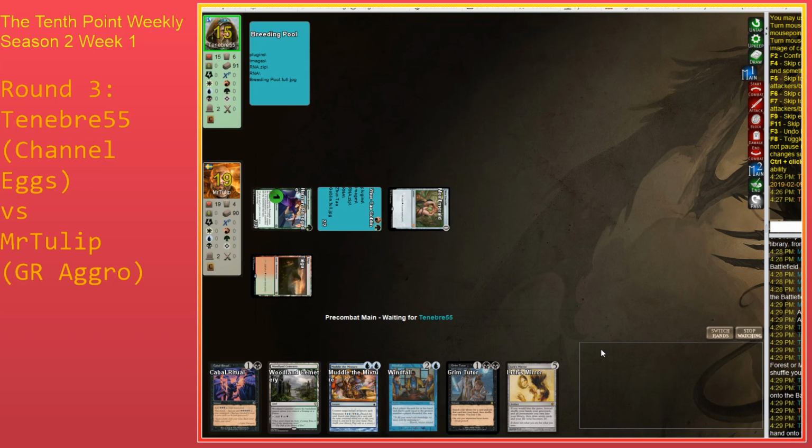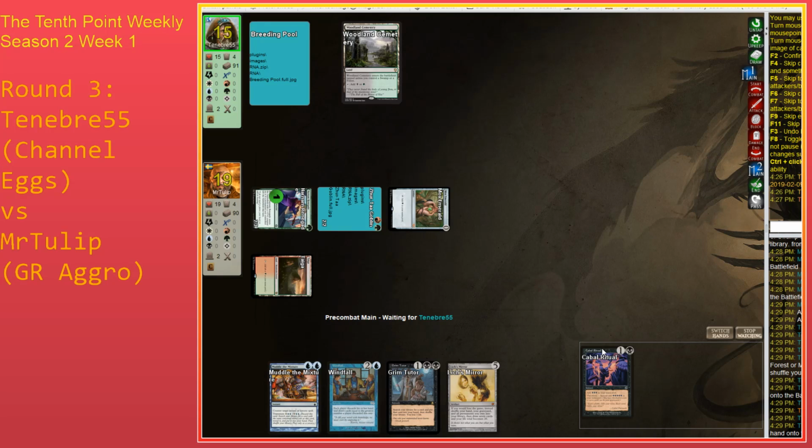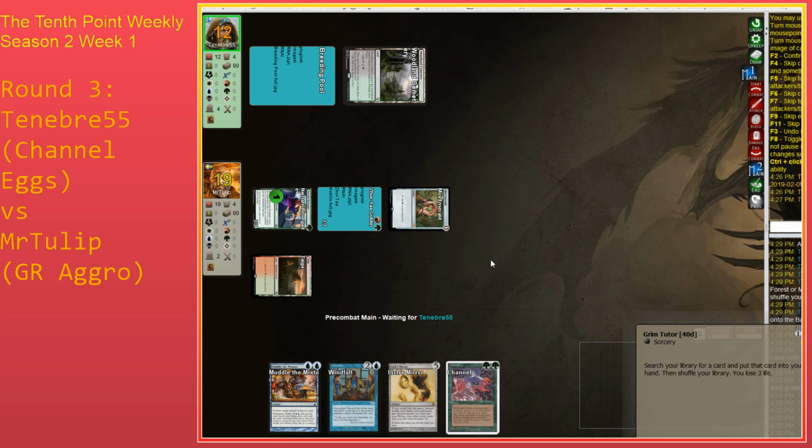Tenebrae has drawn Lich's Mirror. What is going on? That's actually a really good draw. Lich's Mirror is a go to 20 life, draw 7 cards. If Channel is active. You need Channel to be active, but you know. He Grim Tutors for Channel here. Yeah, Grim Tutors for Channel, and then if he casts Channel next turn, he's in a very good position because